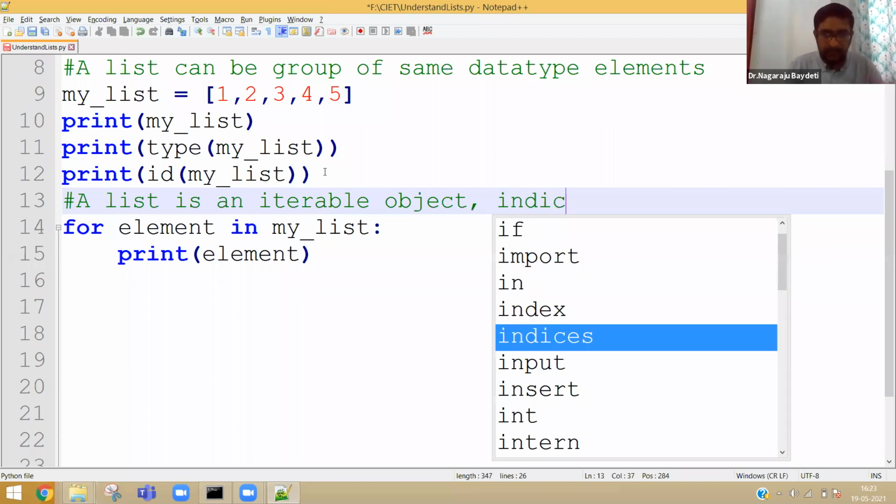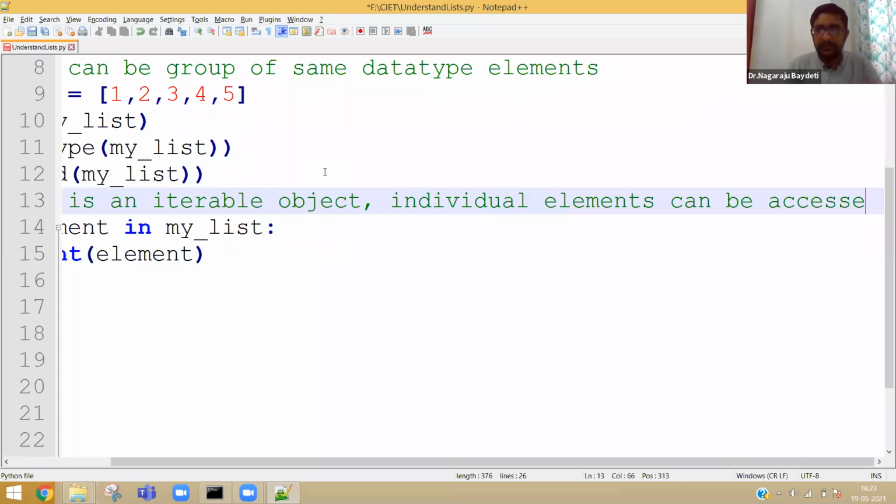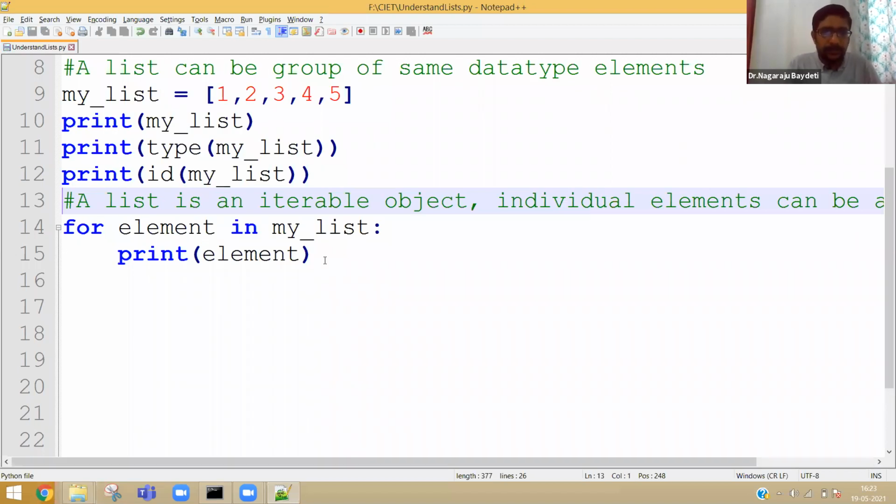Individual elements can be accessed. Now when I am executing this program, definitely line number 15 will give me 1, 2, 3, 4, 5 individually. Instead of giving 1, 2, 3, 4, 5 at a time, it will give item by item.